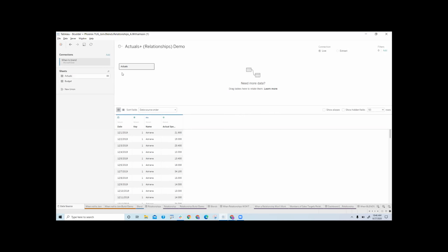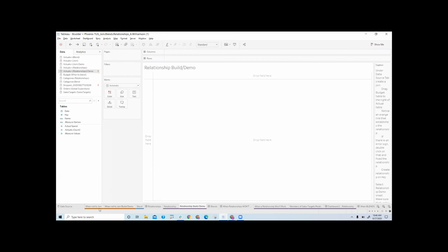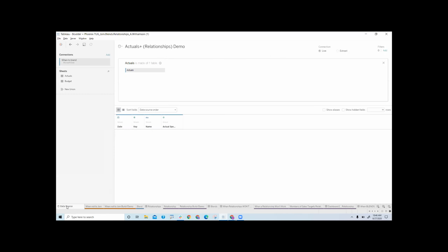And again, in this case, I don't need to get to the join. Remember, to get to the join area, I just needed to double click here and that will give me the join. In this case, what I want is to create a relationship. I'm just going to close here. And in order to create a relationship, I'm going to do the same thing as we did with the join, but in this case, when I drag the budget, notice that